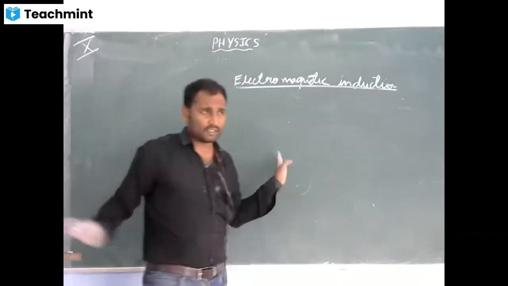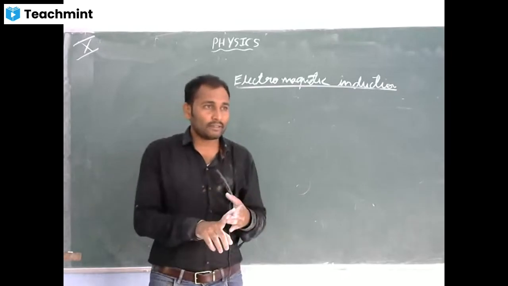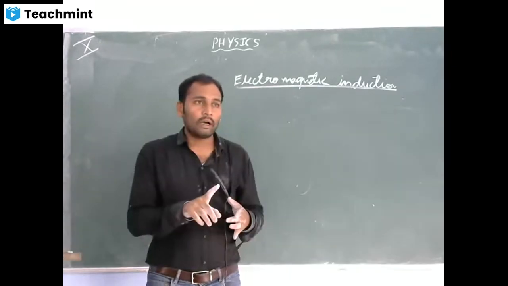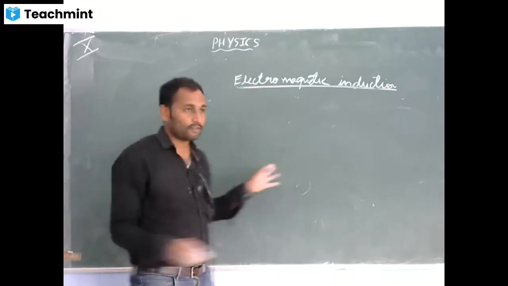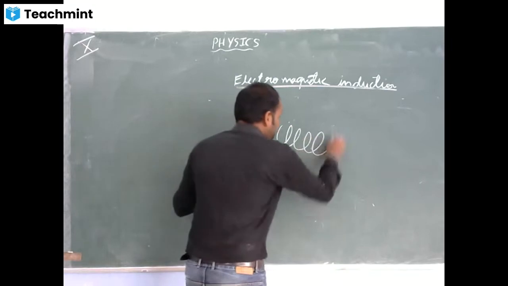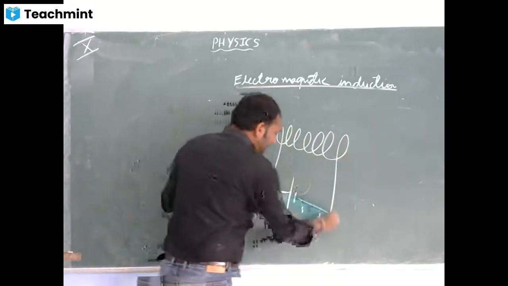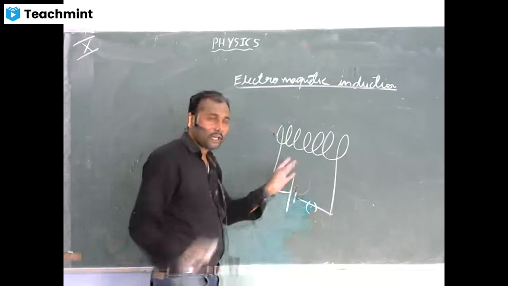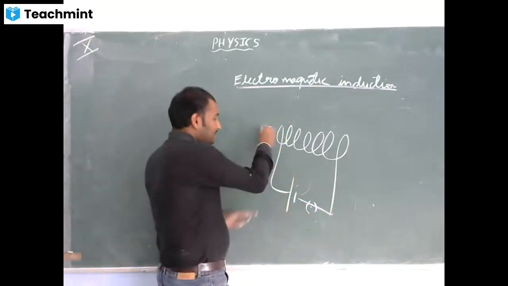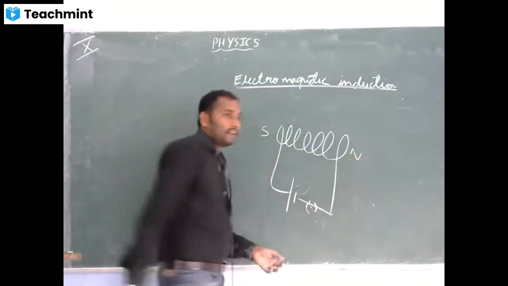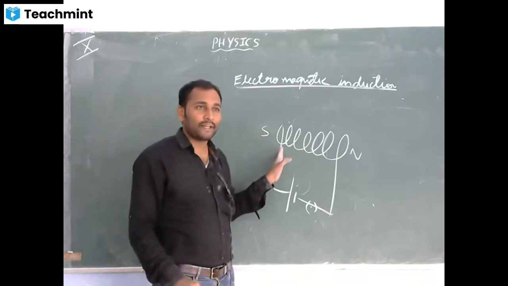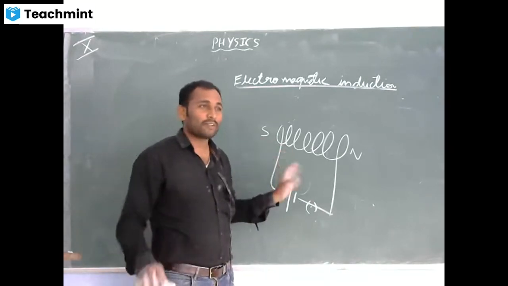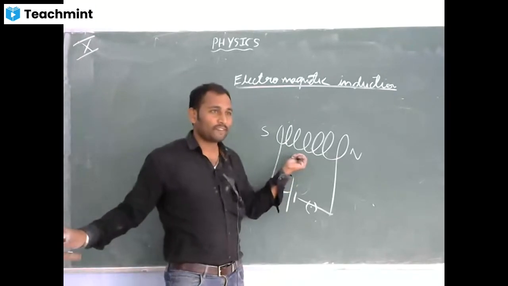Now, to determine the direction of, okay, I have forgotten one thing. Let me clear it now itself. In the case of a solenoid, this is positive, this is negative, this is the solenoid. I have written this side as south, this side as north. I forgot to explain how this side is north and how this side is south. You remember? I said there is a shortcut I will explain. I forgot. You also forgot. You are sleeping actually, right?